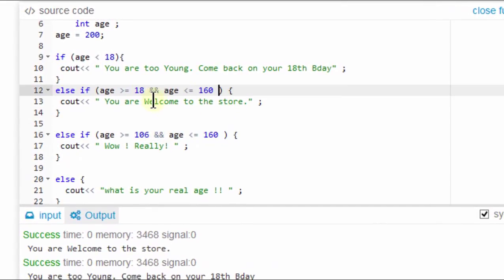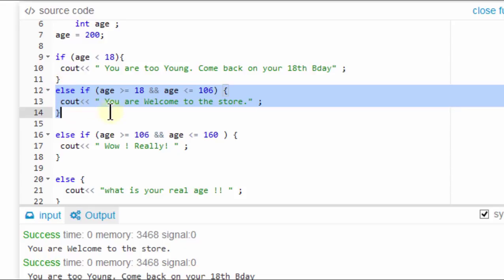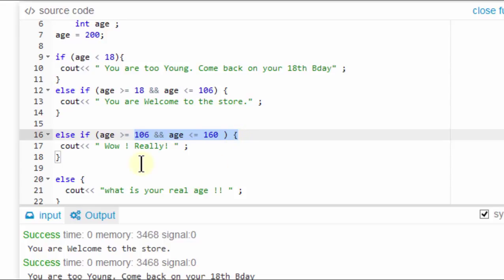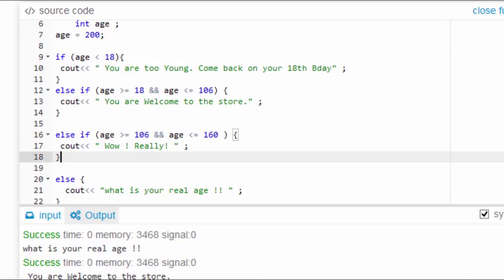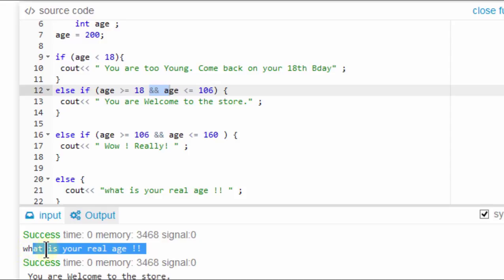Control V. So if the age is greater or equal to 18 and less than 106, at least this will cover this point. And then all the ages that come after 106 will be covered by this one. Then let's run that. So you can see once we add this check, at least it asks the users for their real age, which is in the else